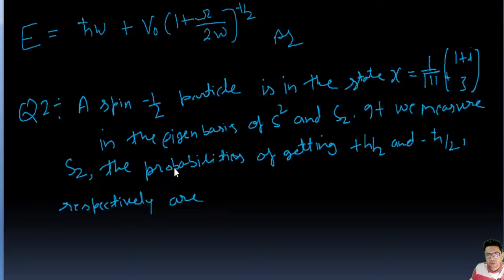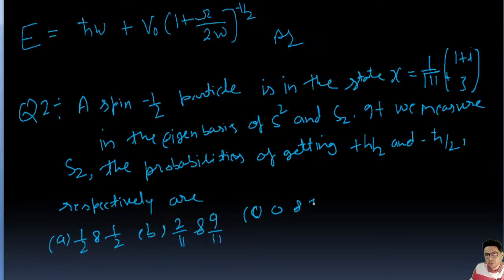Okay, options are given. Option A, 1 by 2 and 1 by 2. Option B is 2 by 11 and 9 by 11. Option C is 0 and 1, and option D is 1 by 11 and 3 by 11. Okay, so question is,